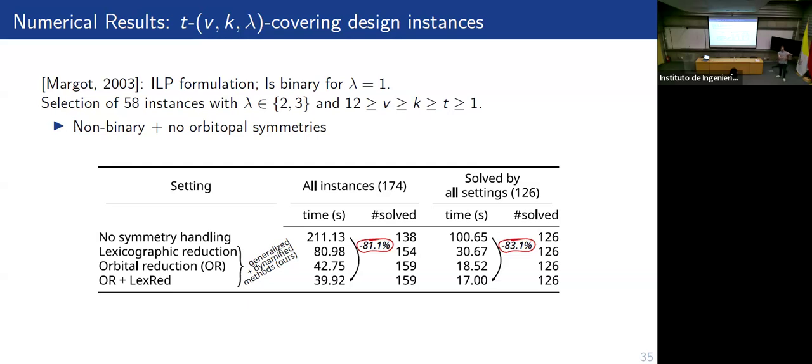And actually here you see it. If you look at the list, we will see that the combined methods, or actually the methods that use symmetry handling, are able to solve a lot more instances. And the no symmetry handling stops at a certain time. This is just the time limit. Then the question is, what is the time limit that you are counting? If you say it's twice the time limit, then you are saying that they are worse than they actually are, because they may solve like 1 minute later. So we chose that if it reaches the time limit, then in this column we report it as if the time limit was the time that it required to solve the instance.